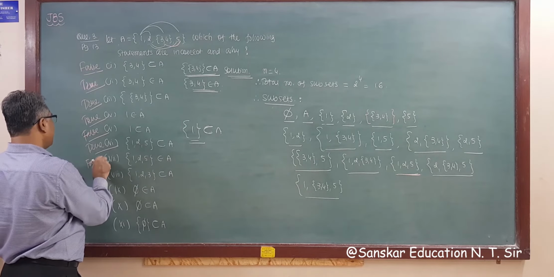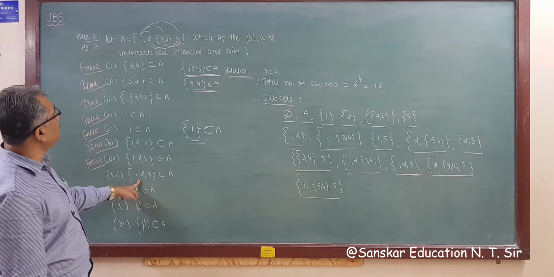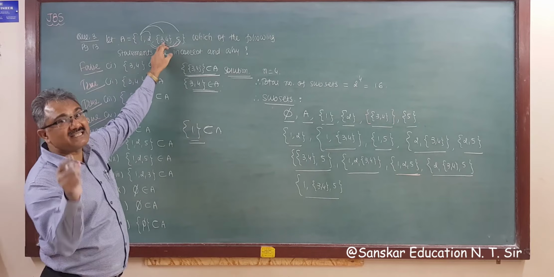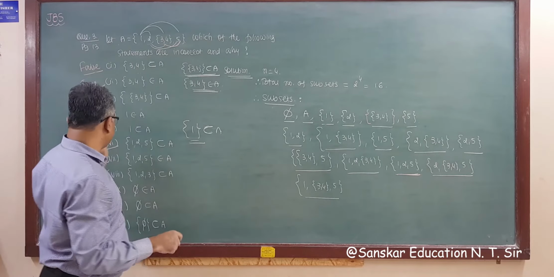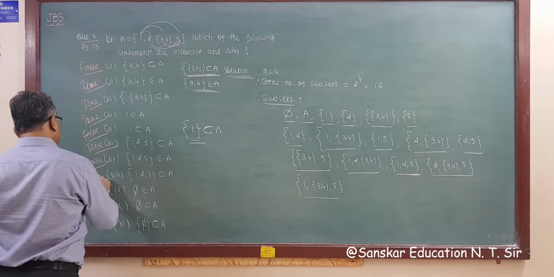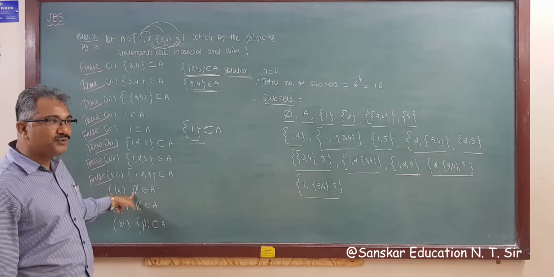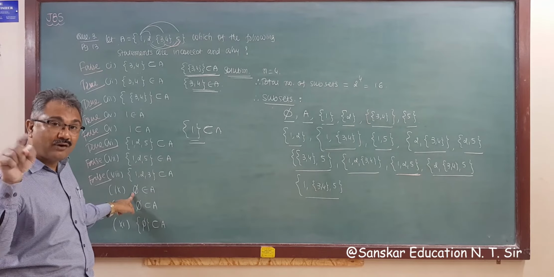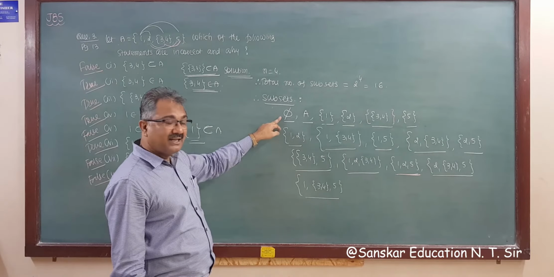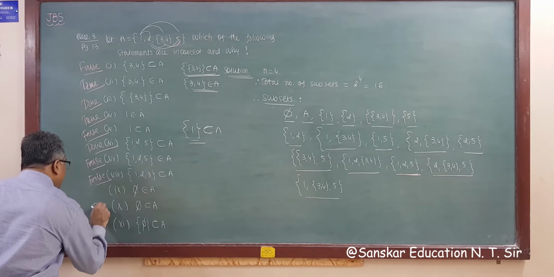Obviously from this. Now {1, 2, 3} is a subset of A? We have 1, 2, not 3, because there is the element {3, 4}. So this statement 8 is again false. So this is a false statement, right? Now 5. Does 5 belong to A, or is 5 a subset of the set? 5 is a subset, right? So 5 is a subset. That is, this is true. So this will be true.